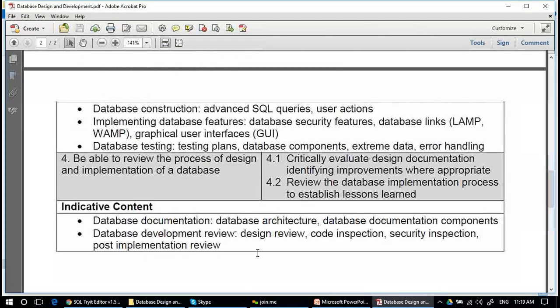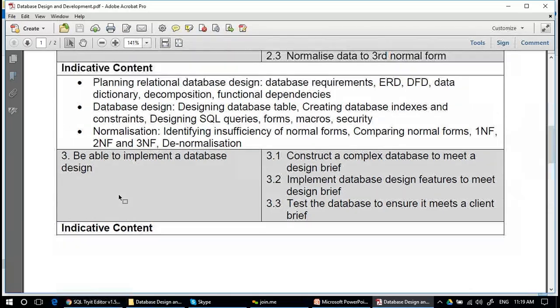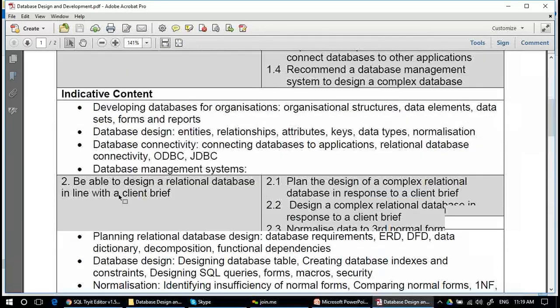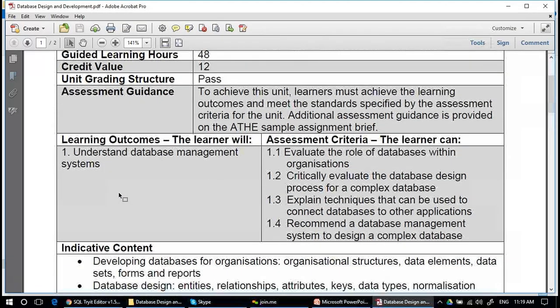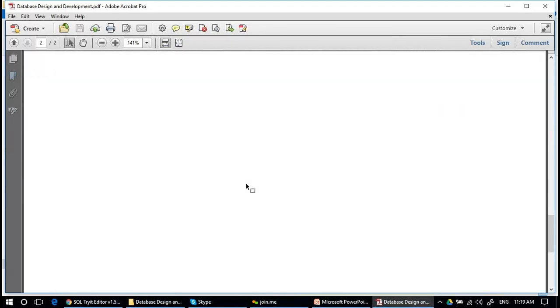Okay. So the fourth one is to be able to review the process of design and implementation of the database. Critically evaluate the design documentation, identifying improvements where appropriate, and review the database implementation process to establish lessons learned. Now, there is an assumption that you are able to implement the database, you are able to design the database, and you have sufficient understanding of the database concepts. And then